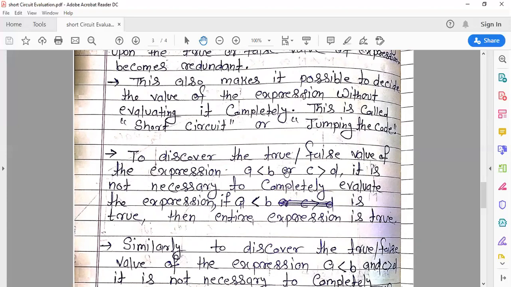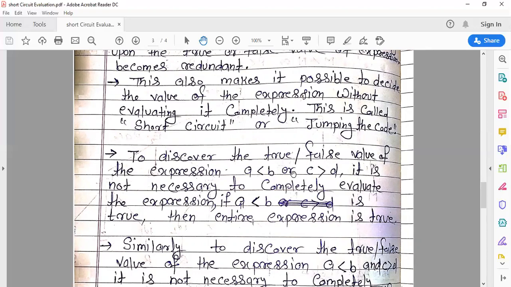But think: here we have OR, so if a less than b or c greater than d, if this statement is true, it means the whole Boolean expression is true. So why am I evaluating the whole expression?